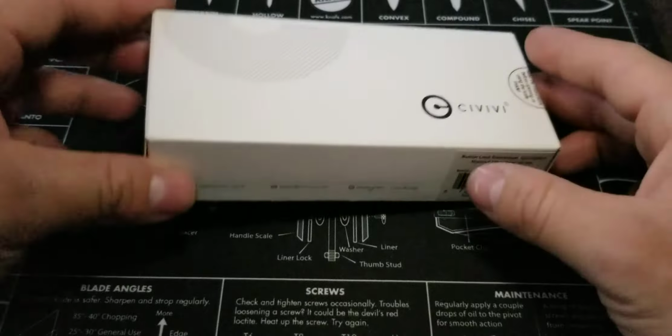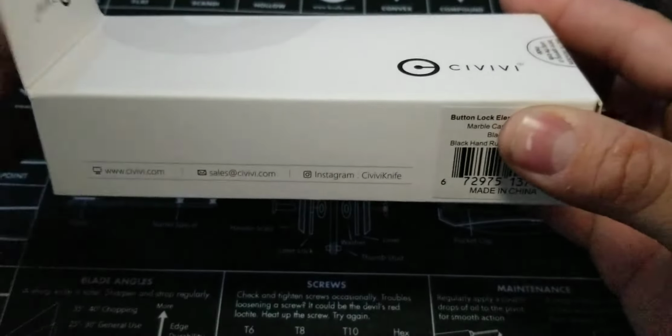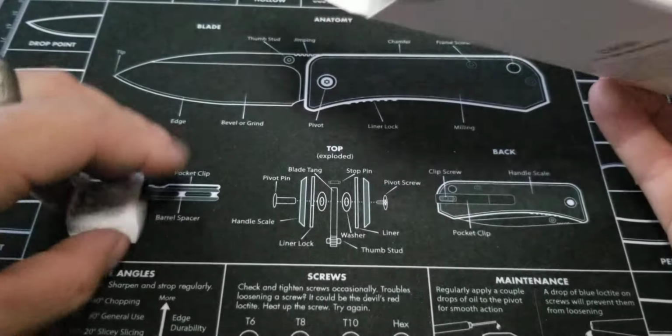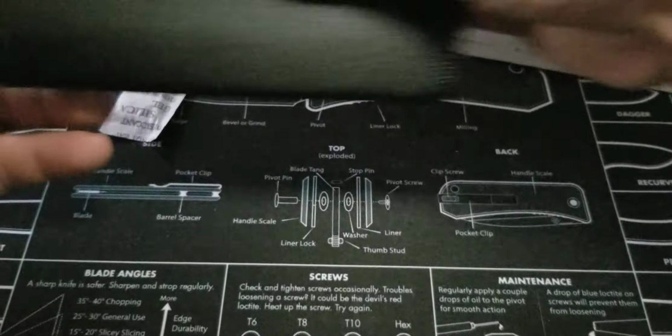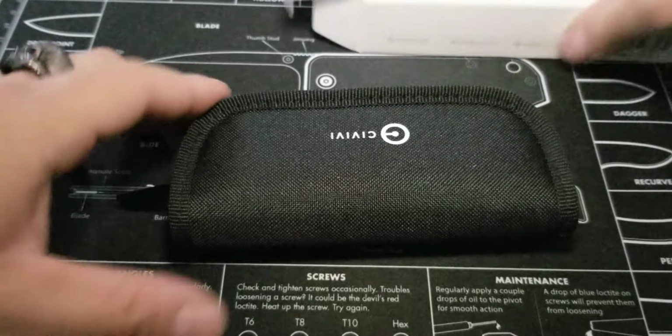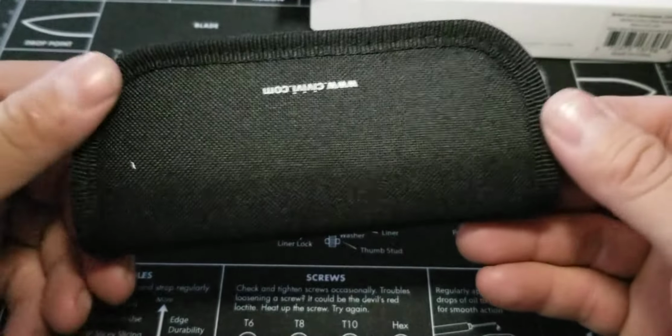I want to say it's like a... well, it's not the really cool black and red or the black and blue that I've seen. Oh, tactical silica. There we go. Comes with your ever so famous tactical silica pack that you can throw at your enemies and watch them burn, or not, because it won't work. Don't do that. It'll just make you look stupid. Here it is. It comes in a standard Civivi pouch,